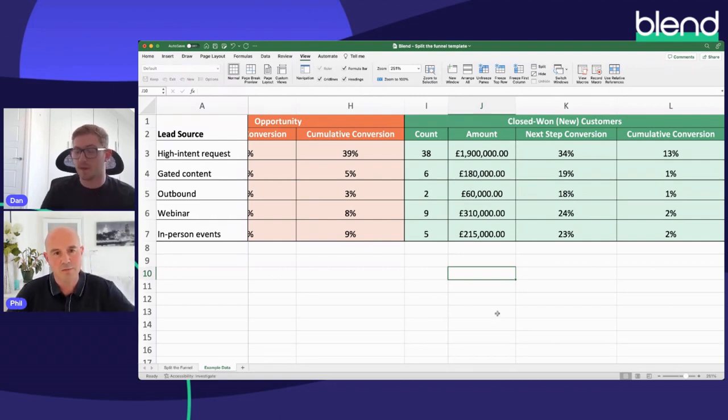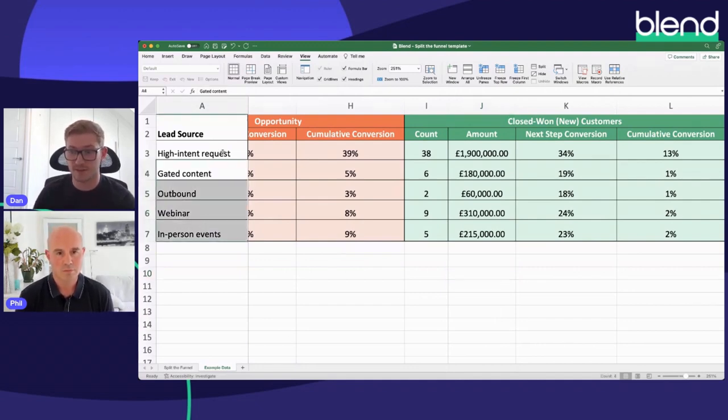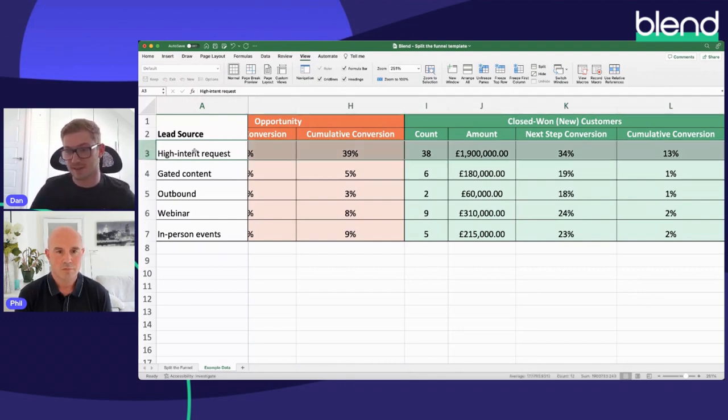Yeah, and I also want to add, I've been through this process where we have had a lot of lead sources and a lot of marketing budget going into these kinds of sources here. And the important thing here is to look at where the budget is being spent. And you're likely to have actually allocated no marketing budget into generating high intent requests.